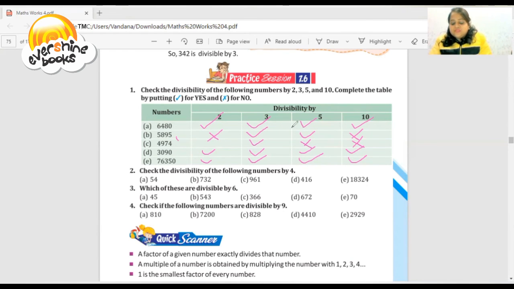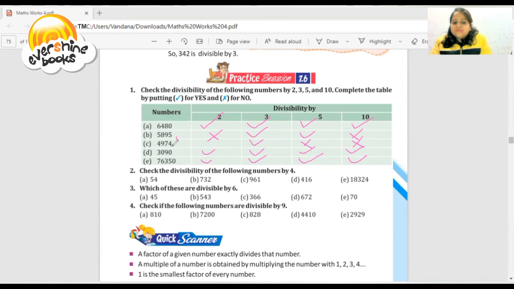Okay, so put the tick sign right here, and the second one you have to cross because in one's place there is no 0, 2, 4, 6, 8. And you have to add all these: 5 plus 8, 13, 13 plus 9, 22, 22 plus 5, 27. So 27 is divisible by 3. So your answer is correct because you have to add all the digits. Then after deciding that 27 is fully divisible by 3, you have to take this number.